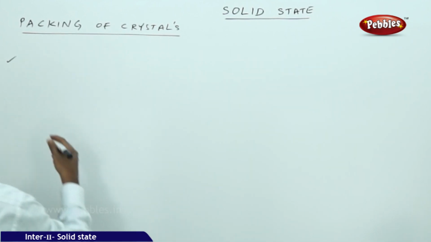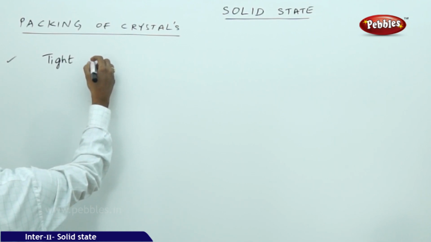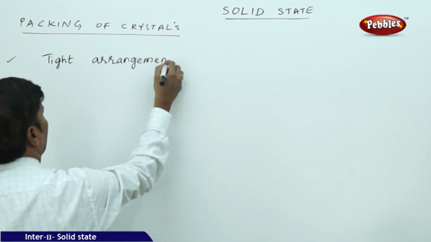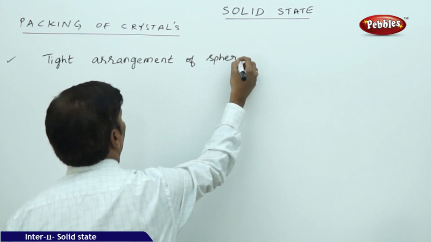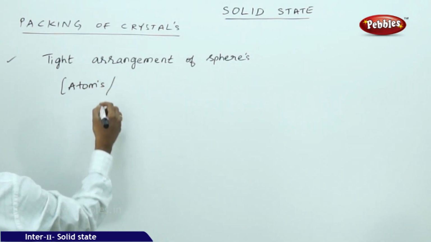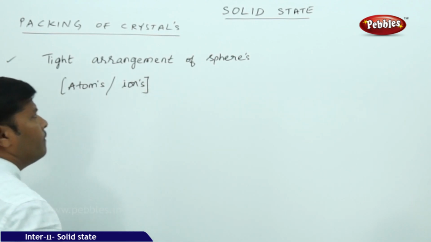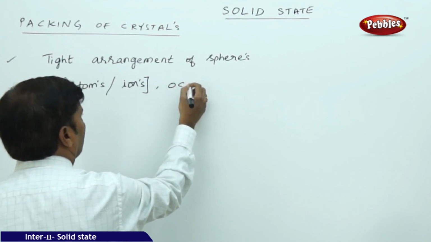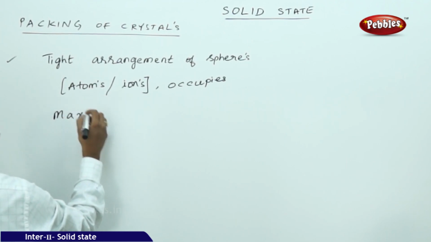So actually what is happening here is a tight arrangement of the spheres. These spheres can be atoms or ions or molecules, whatever. The tight arrangement of atoms or ions which occupies maximum space,